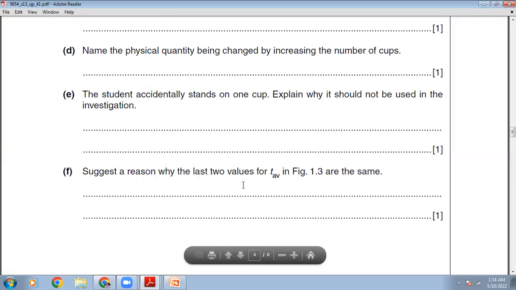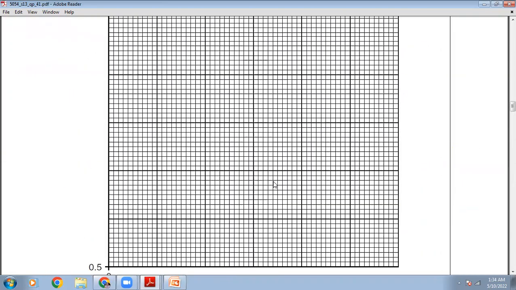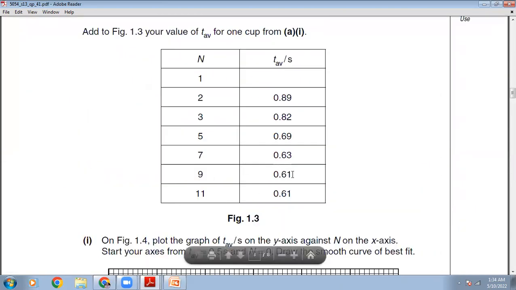So that's the reason why the last two values of the T average in figure 1.3 are the same. If you look at that table, the last two values, you have used 9 cups or you have used 11 cups. In both cases, the time of fall is the same. You see, when you have put 9 cups, I think the weight has become so heavy of those cups that